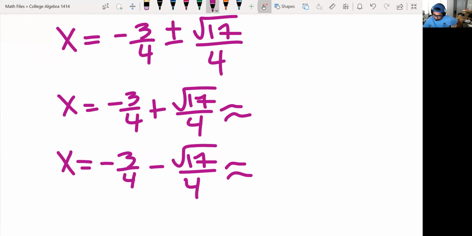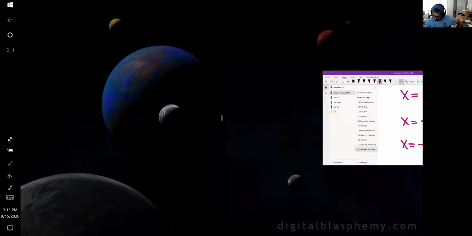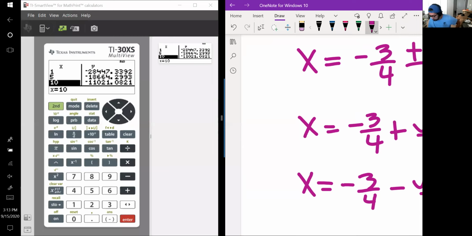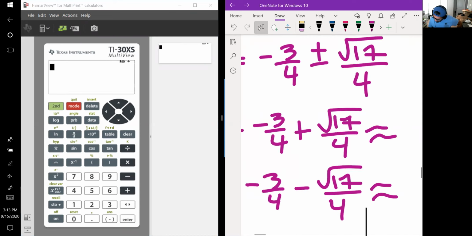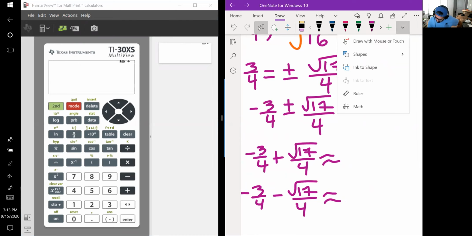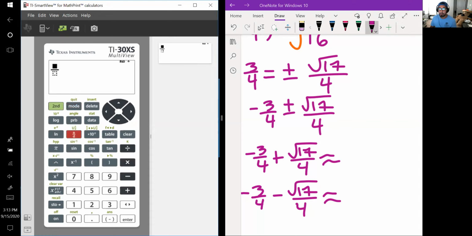Calculator time. All right, so let's see. Okay, I'm going to use this TI-30XS, which is nice and fancy. Not fancy, but it's good. And I'm going to type in the fractions we have. Fraction button, negative 3/4 plus fraction button, second square root 17 over 4. And that gives me a simpler form, but I will hit these double arrows above the enter button, and I get